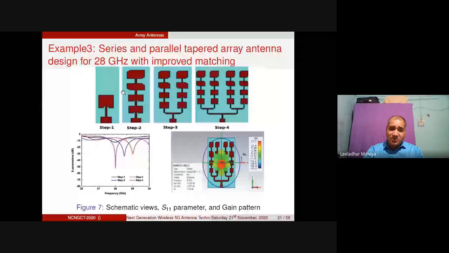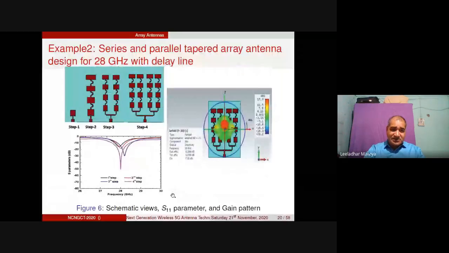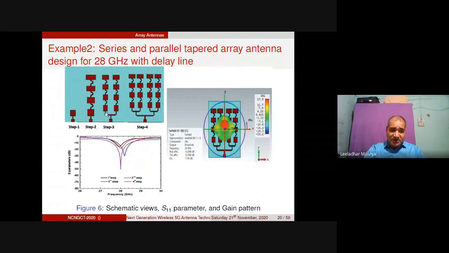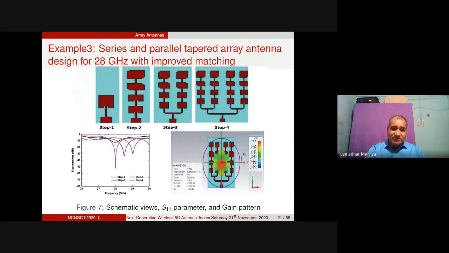So 1x4 patches are used in step 2, right? And you know that the chopping has been done here. Okay, inset feeds are increased here in comparison to the previous design. So if you look at example 2 here, the inset feed was done at the initial level, right? And in example 3, we have done the inset feed for the upper patches also, as well as we have combined the patches and chopped them from the opposite corners.